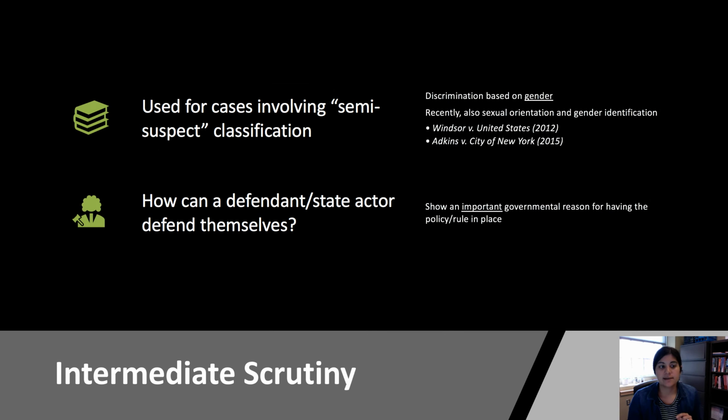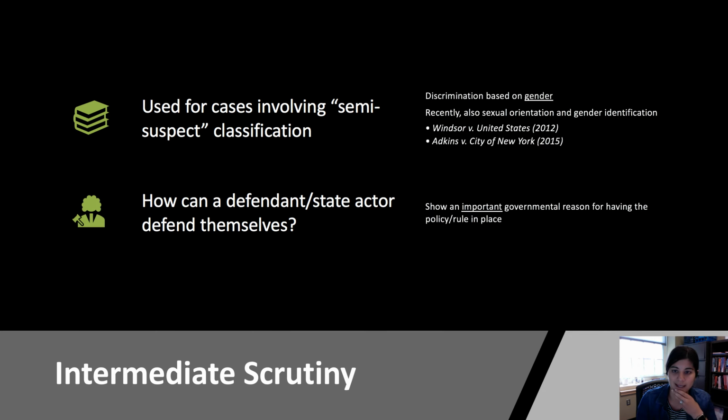Okay, so our next level of scrutiny under the Equal Protection Clause is what we know as intermediate scrutiny. If we're ranking the 3 levels, this is going to fall in the middle, the second highest level. In general, the cases involving intermediate scrutiny have been based on gender. So historically, any discrimination case based on gender that's filed under the 14th Amendment is going to be viewed as